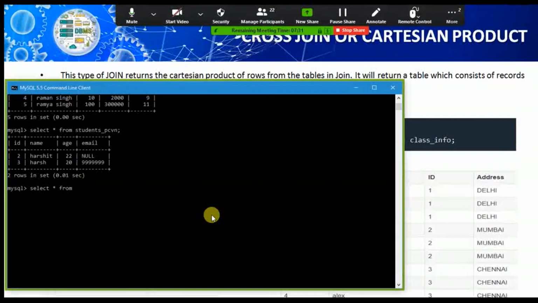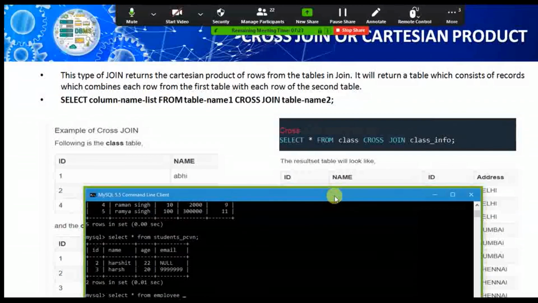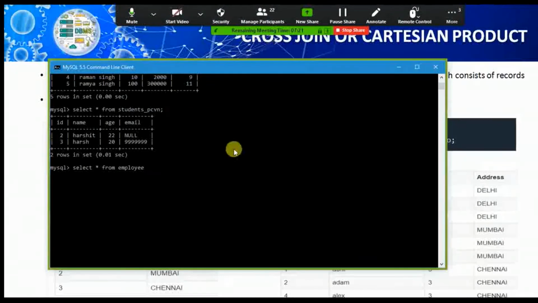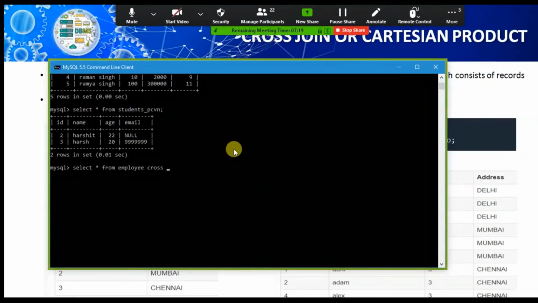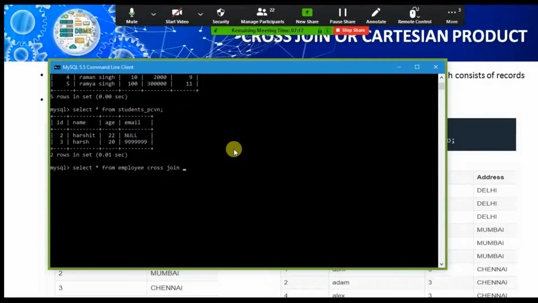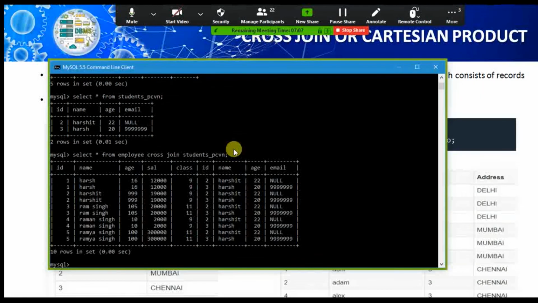Our first table was employee. Then we need to put the cross join keyword, cross join, space, name of the second table. Our second table is students underscore PCVN, termination, and hit enter.